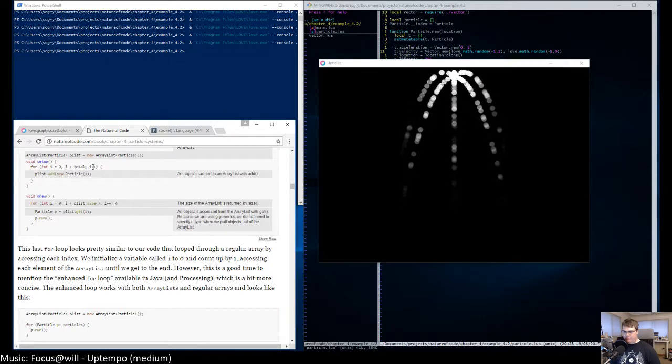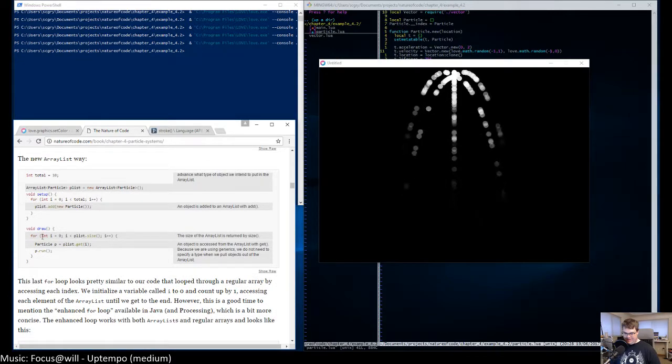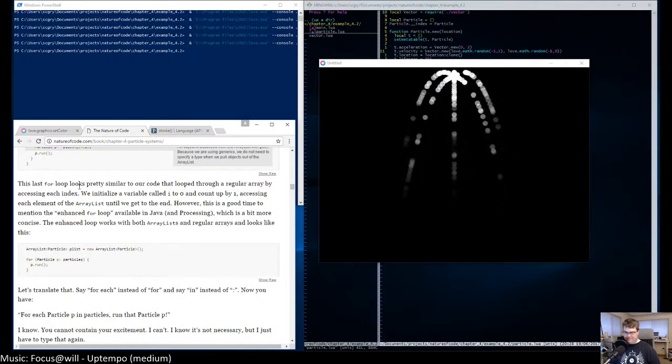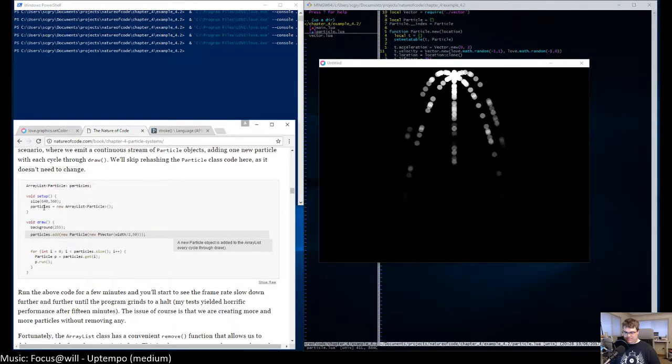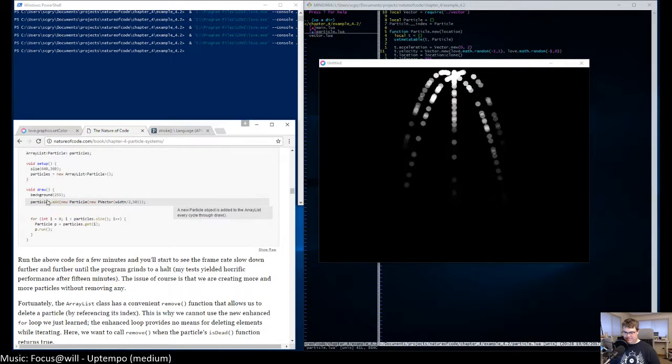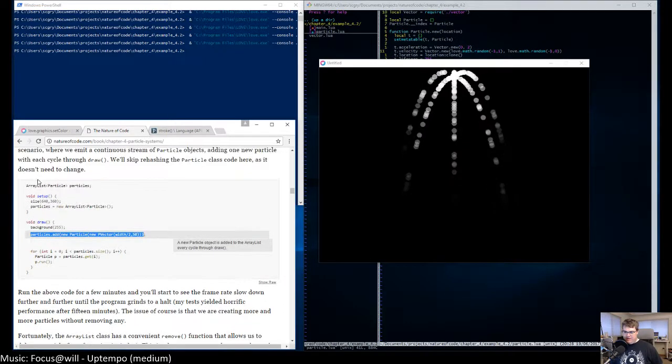Let's take a look at what the book was suggesting that we do, because I may have diverged slightly from that. Okay, so here it is, particles add. So here he switched to adding a new particle to the array every single frame.